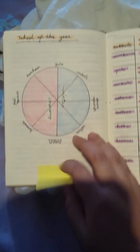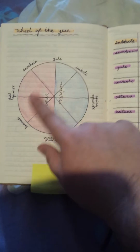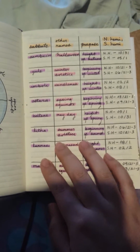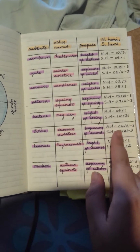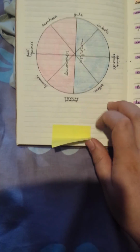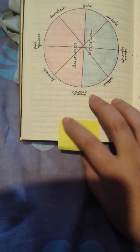Now, this is the Wheel of the Year. And then this is a correspondence chart to the Sabbats, its purpose, and then when it occurs in the northern and southern hemisphere. Now you see with this sticky note, I know it looks so ugly,